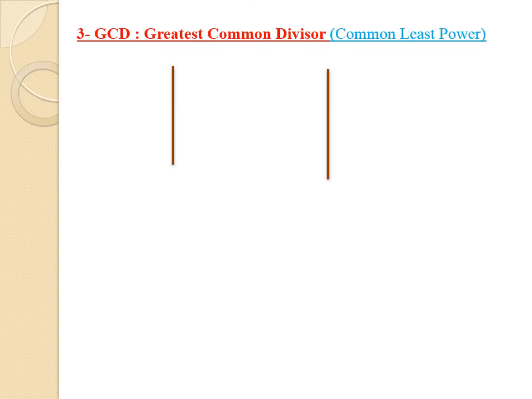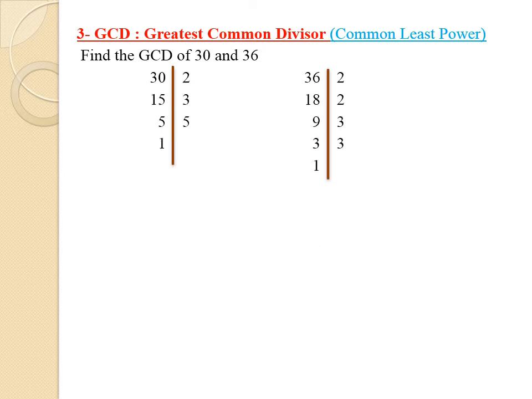Now, how to find the greatest common divisor. خلينا نتفق بس قول GCD greatest common divisor I have to use the common least power. How? For example, let's find GCD of 30 and 36. Here is the prime factorization. 30 is divisible by 2 to get 15. 15, 3 times 5. 5 هي 5 times 1. We get 1. يعني خلصت ال prime factorization لل 30 والnumbers اللي مكتوبين هون they are all prime numbers يعني